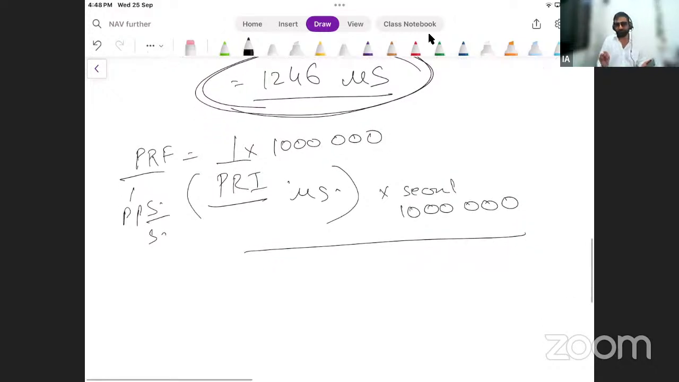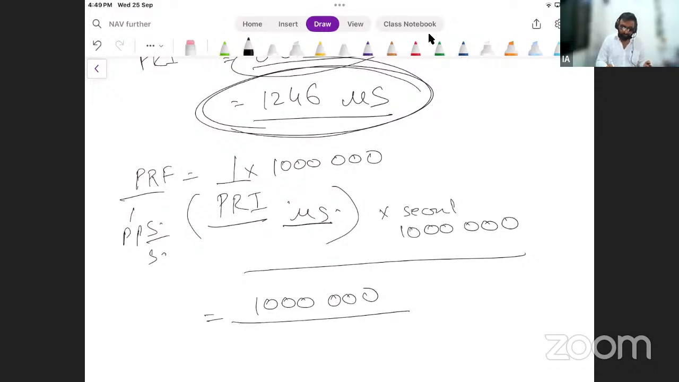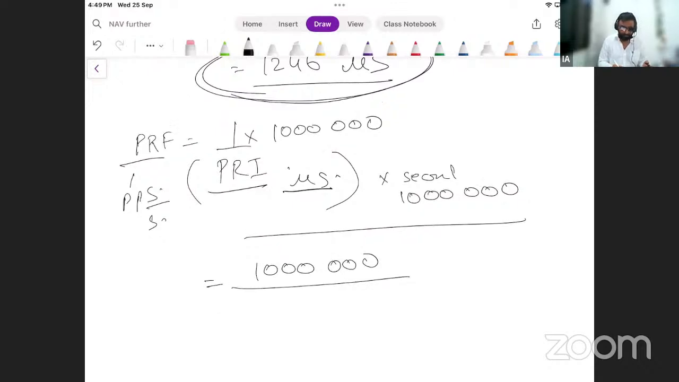Okay, this is where it gets tricky. Basic arithmetic and units, nothing else. So what do I do? First, I convert PRI into seconds. So what do I get? Fraction is equal to 10000000 upon, what was my PRI? 1246 into this. So this is microseconds. All right. So the value that I'm getting is this upon,